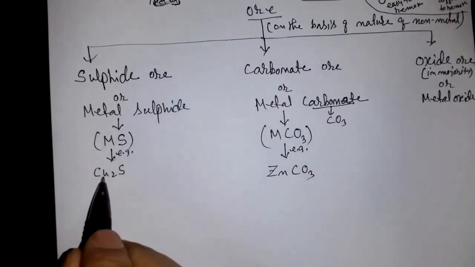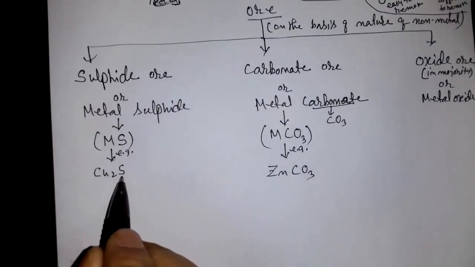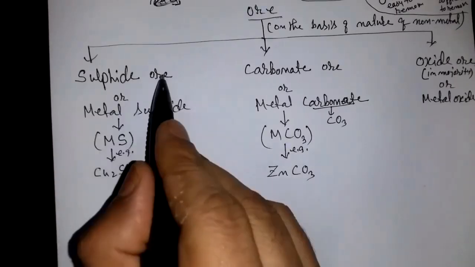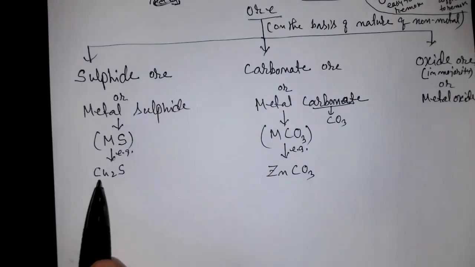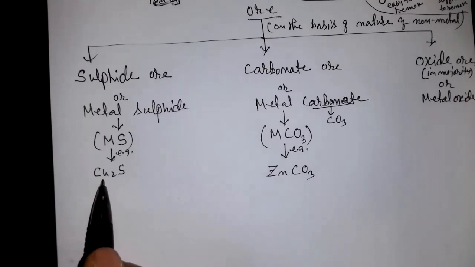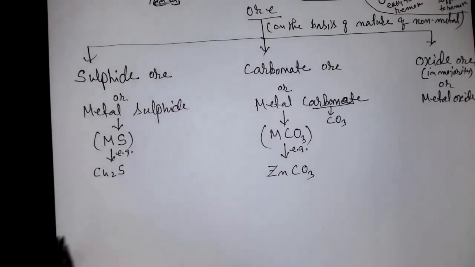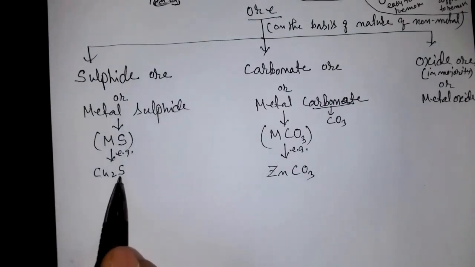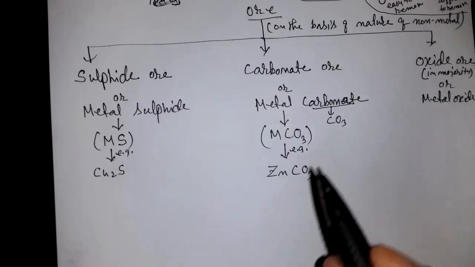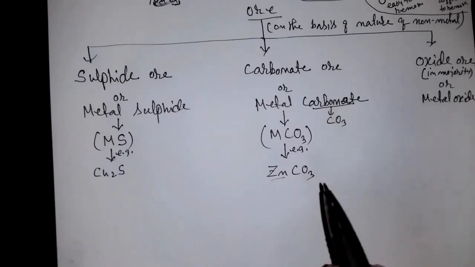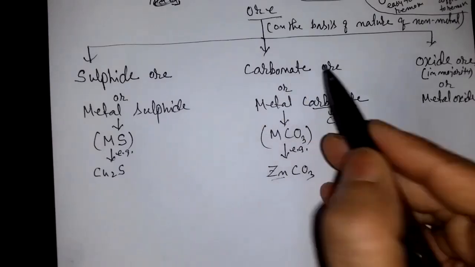So here, in Cu2S, the metal is copper and the non-metal is sulfur. Since your non-metal is sulfur, and sulfur in a compound is called sulphide, that's why this is an example of sulphide ore. Now why is this ore? Because this is a compound of a metal, and a compound of a metal is called an ore. It is called a mineral, and from here we can take out copper profitably. That's why this is an ore of copper. And why is the other name of sulphide ore metal sulphide? Because in this there is metal and there is sulfur. That means the compound is sulphide, so metal sulphide. Similarly, this is metal and this is carbonate, so this is metal carbonate. And any ore where the non-metal is CO3 is also called carbonate ore.